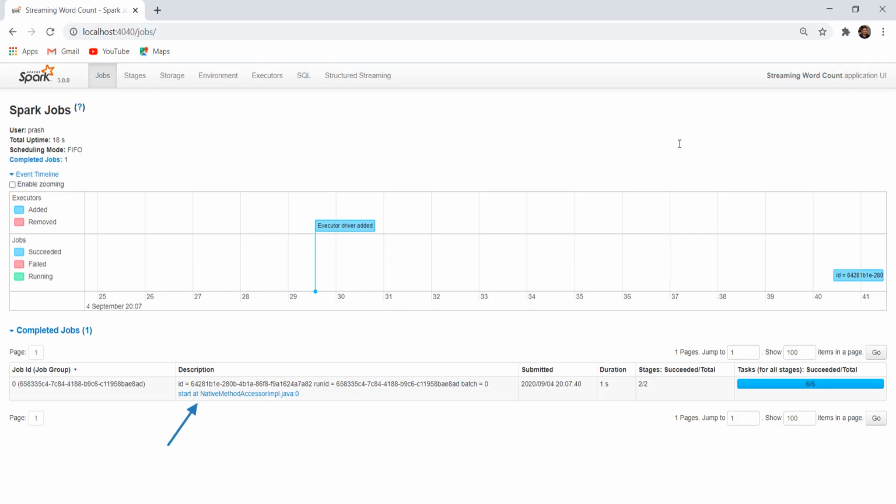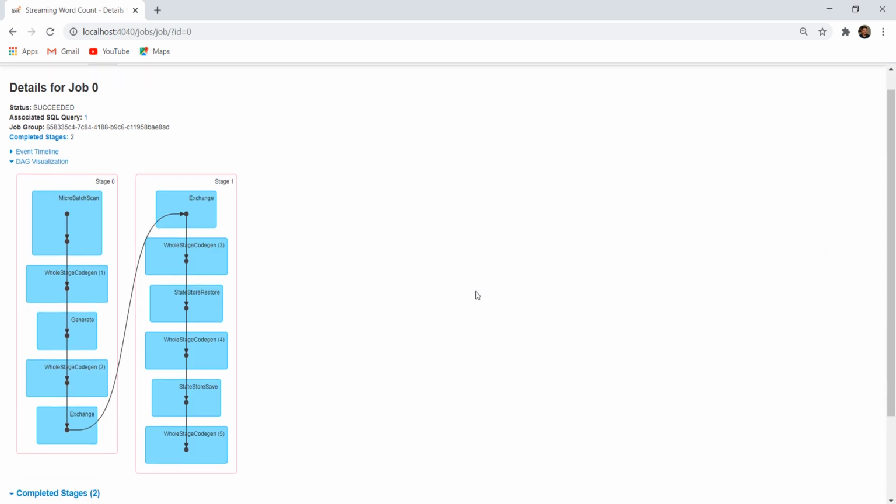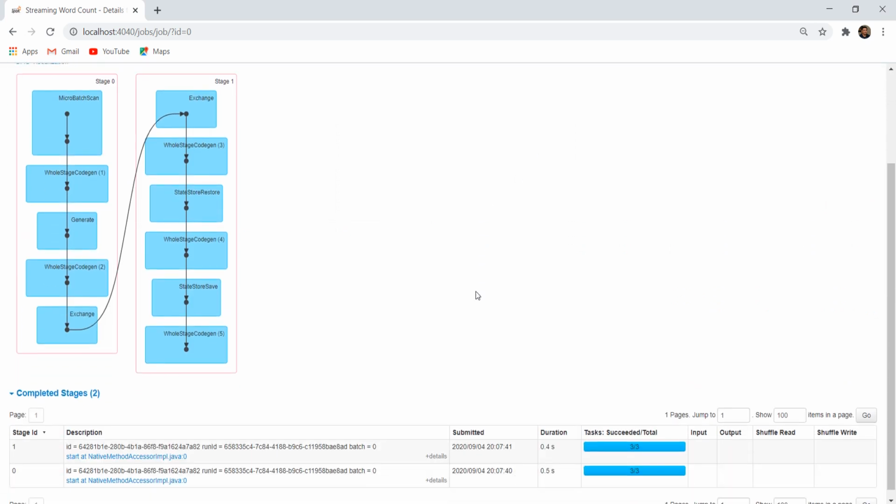You will see one job which gets triggered and completes also. And this would be your first micro batch. If you click the job, you will see 2 stages. These 2 stages are obvious. The first stage is before the group by, and the second stage is for transformation after the group by. The group by operation triggers a shuffle, and you can see the exchange here, right?